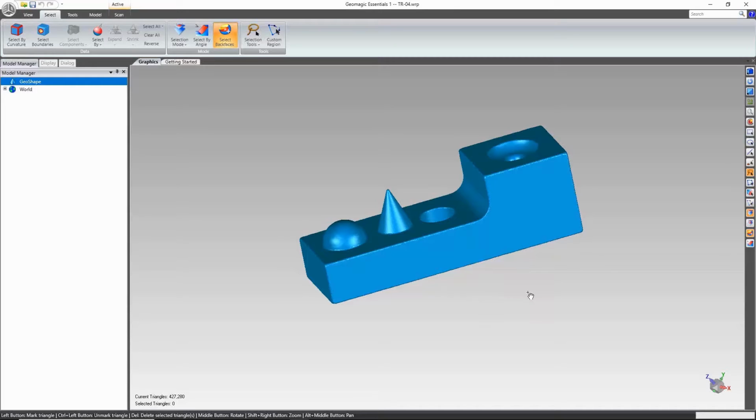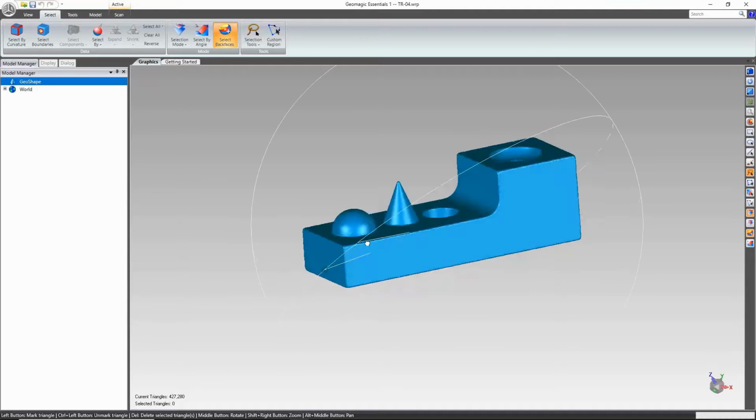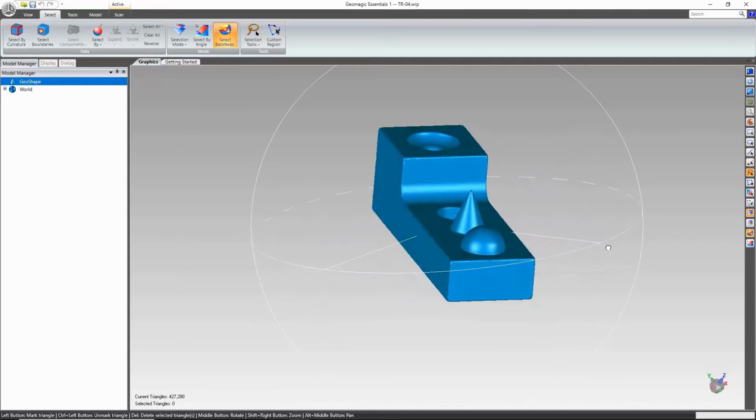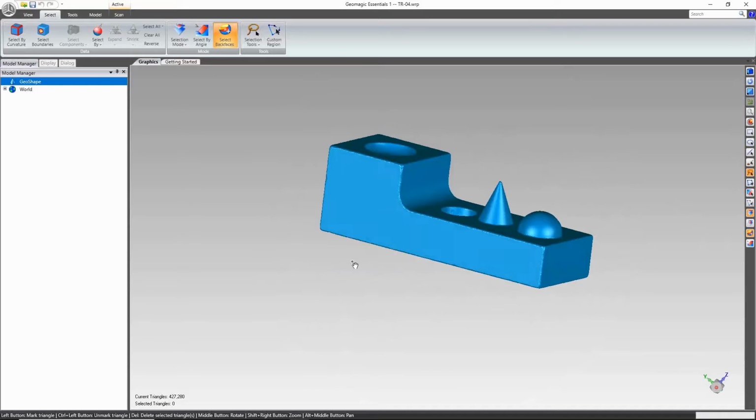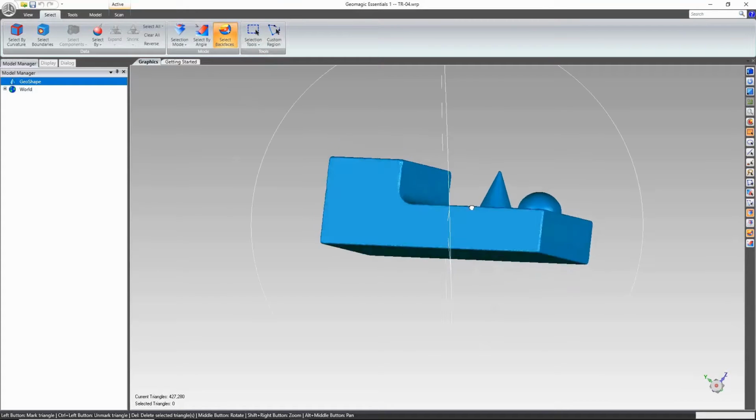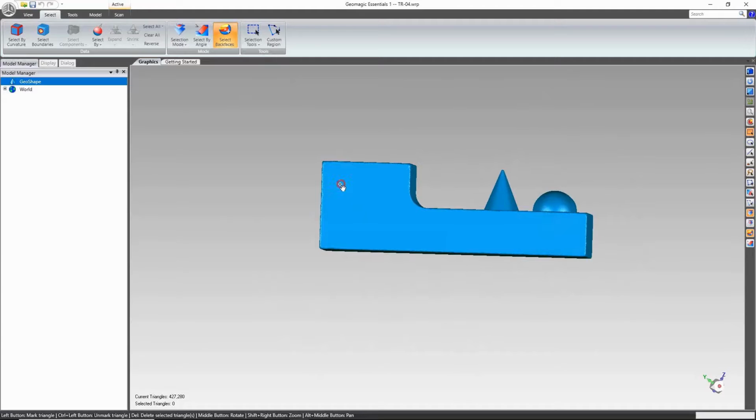Geomagic Essentials is the best bridge from 3D scan data to your CAD system. One thing Geomagic Essentials is good at is selecting your scan data in a variety of ways for you to be able to make the best edits on your part. We have a select toolbar that will allow many different selection types, including the different selection shape tools we might want to use. So I can choose rectangle